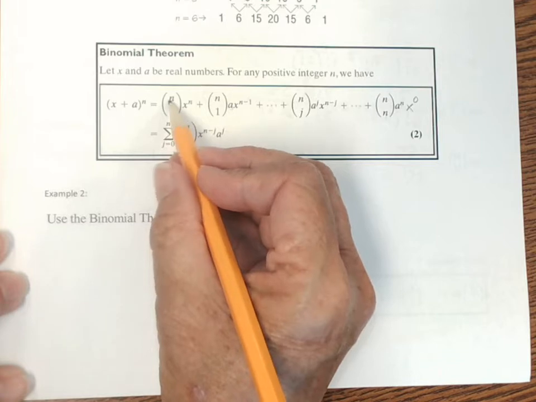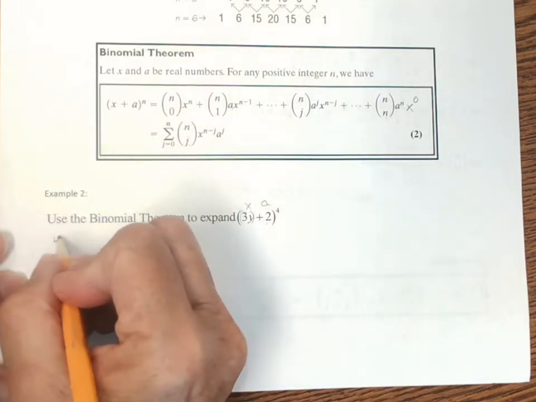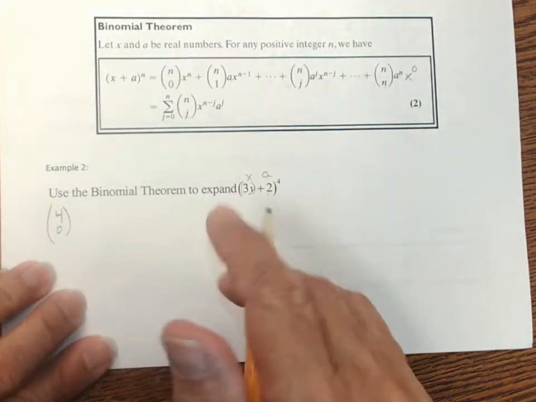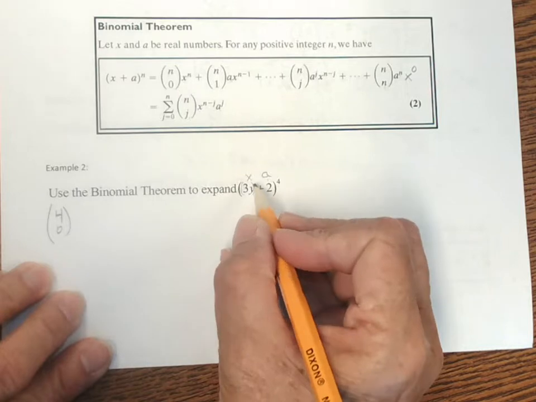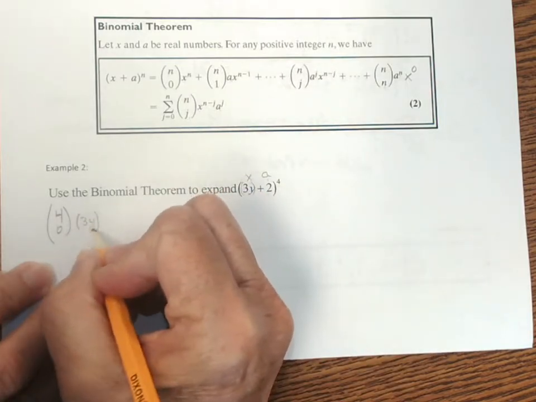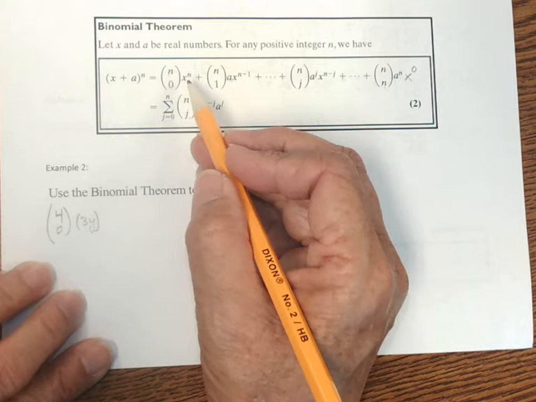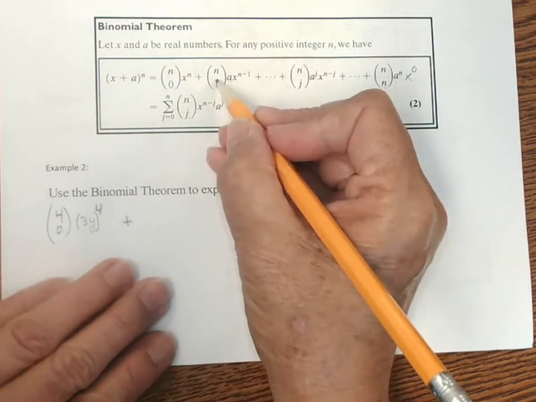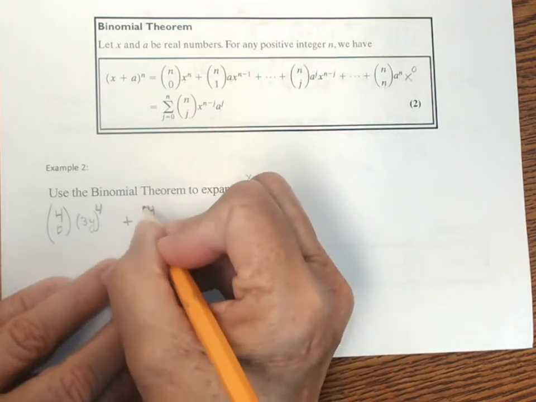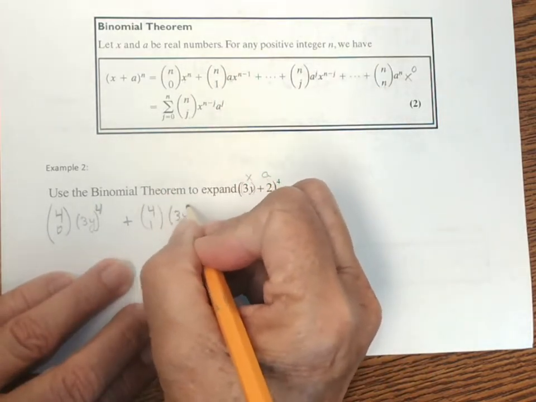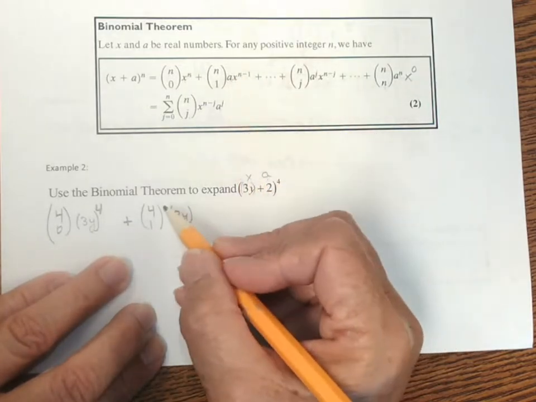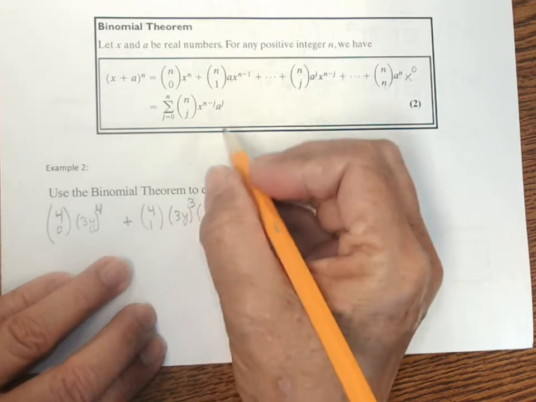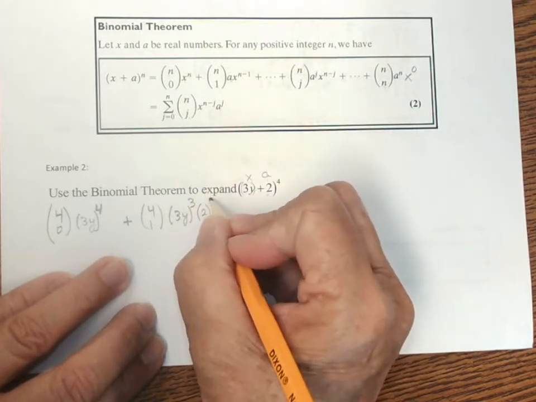So the first term is going to be the n, which is 4, taking 0 at a time. Okay, and then it's going to be multiplied by x, so that's 3y, raised to the power of n. In this case, that's 4. Plus 4 taking 1 at a time of 3y raised to the 4 minus 1 power, so that's 3, multiplied by the a value raised to the first power,